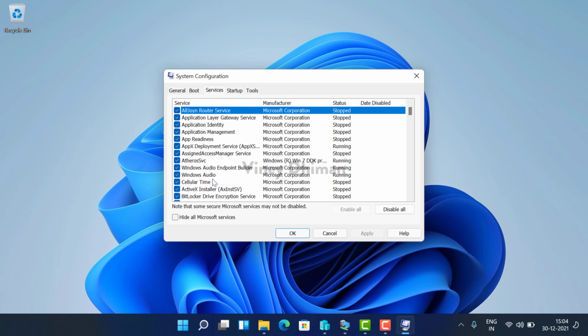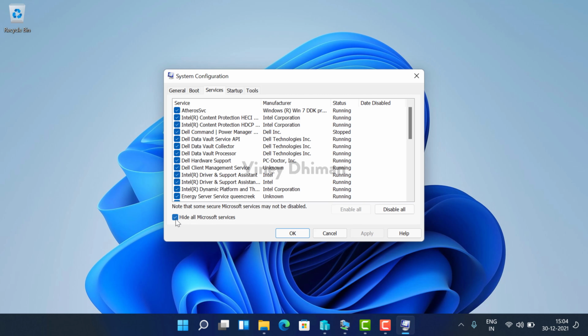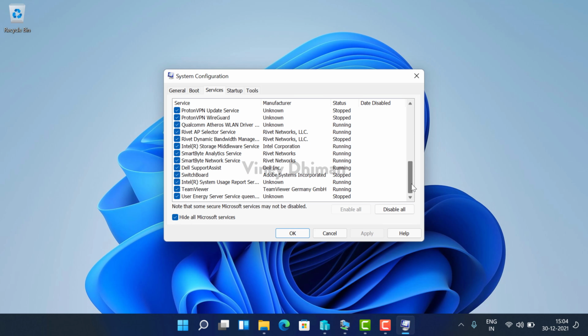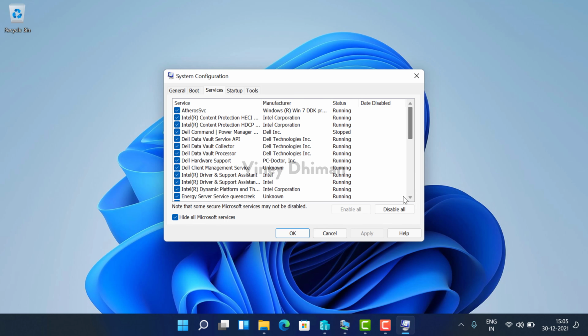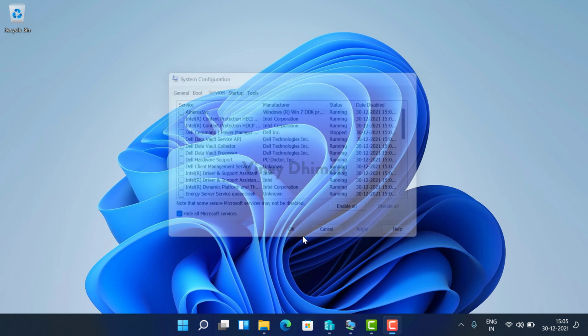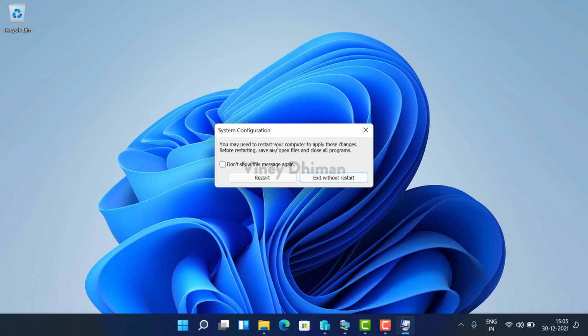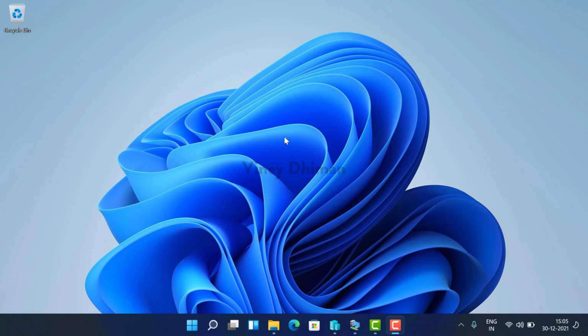Now here you will get a list of all the services running in the background. You need to check the box for hide all Microsoft services. Now you will get the list of non-Microsoft services. You just need to click on this disable all button and then click apply. OK. Now system will ask you to restart your computer, but you need to close this because we need to